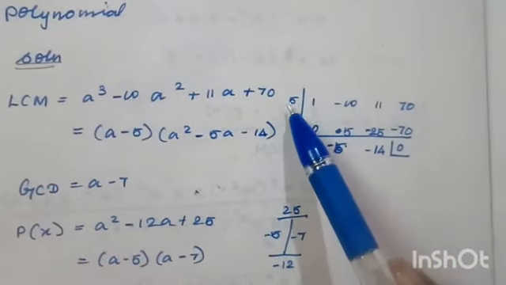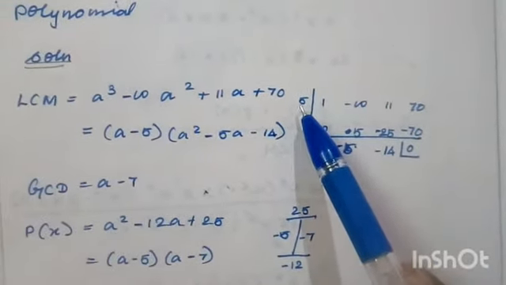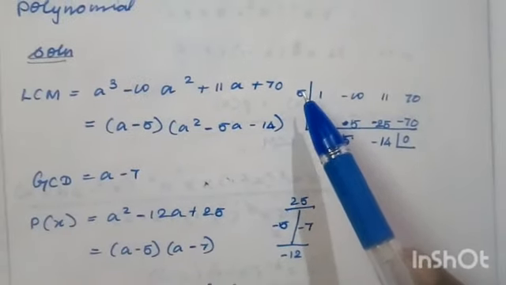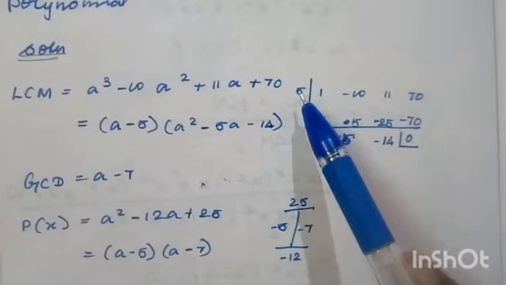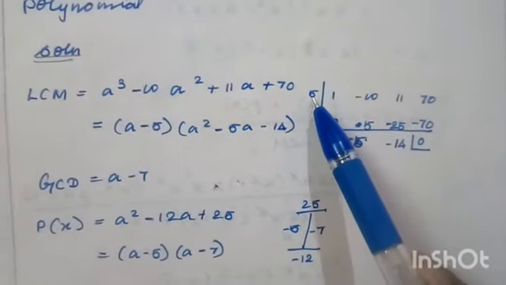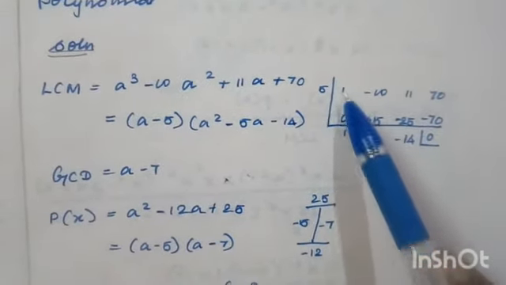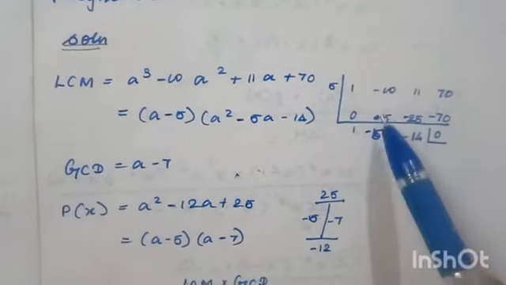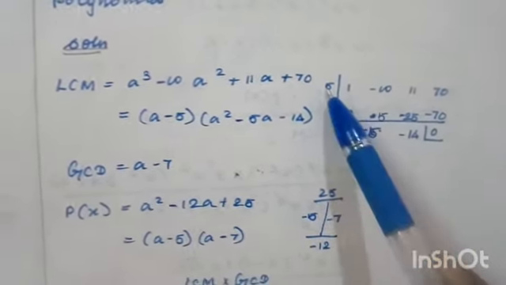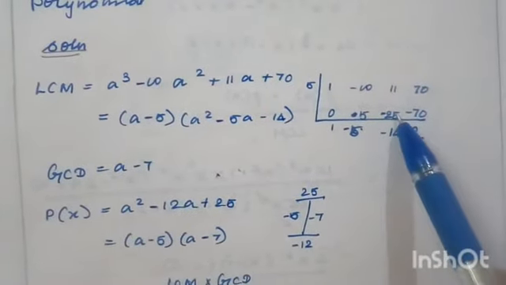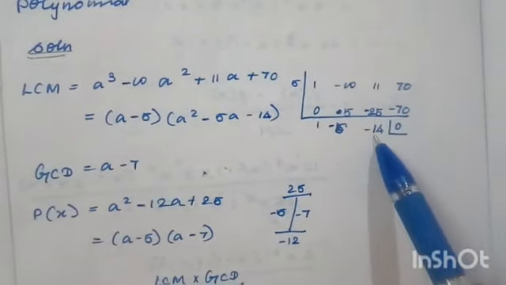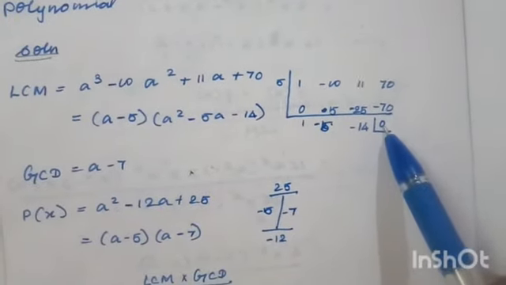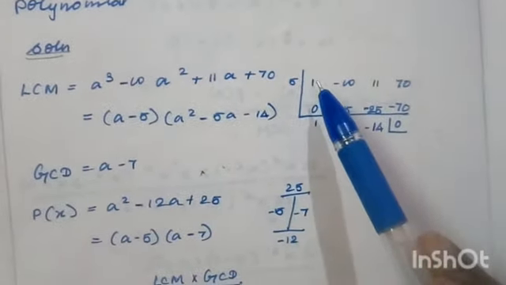Then you have to substitute the values one by one: 1, minus 1, 2, minus 2, 3, minus 3, 4, minus 4. Otherwise you can take the values randomly. Here I used 5. So you add these two: 1 into 5 is 5. Minus 10 plus 5 is minus 5. 5 fives are 25, it is minus 5, so minus 25 gives minus 14. Minus 14 into 5 is minus 70, and it is 0. So it is satisfied.